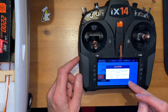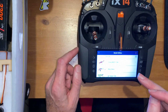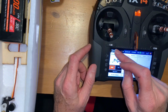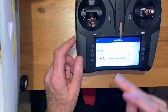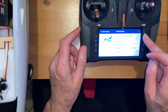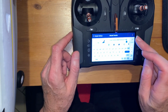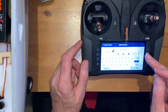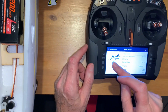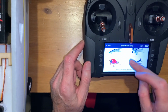but of course we can change any setting, like for instance the name, proceed. No, this is not what I wanted to do. No. Again, no, I should have pointed here the name, proceed, model utilities, yes, okay. And now if we want to change the name, let's tap the pen here, no, oh, okay, here we can delete this part, okay, Viper 64mm, okay. If you want to change the picture, there is a picture of a Viper, not a yellow one, but it's a Viper, let's see,